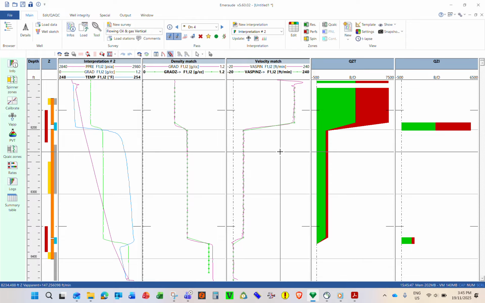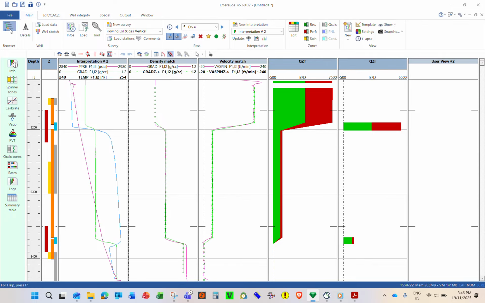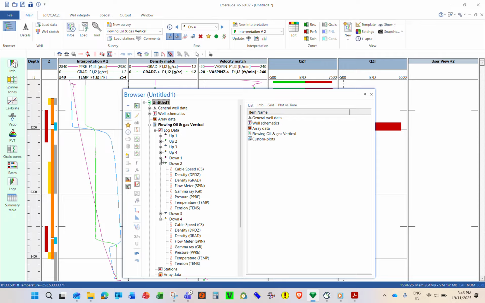How do we compare? Okay, we have this one, the second one, and you can make a user view. Yeah, you can make a new survey just to compare, or just make a user view here. It's coming up here. This is blank, drag, and then you can see on that one. I can copy from the result on interpretation two, for example, the schematic. So the Q gas, and then Q gas from interpretation one.